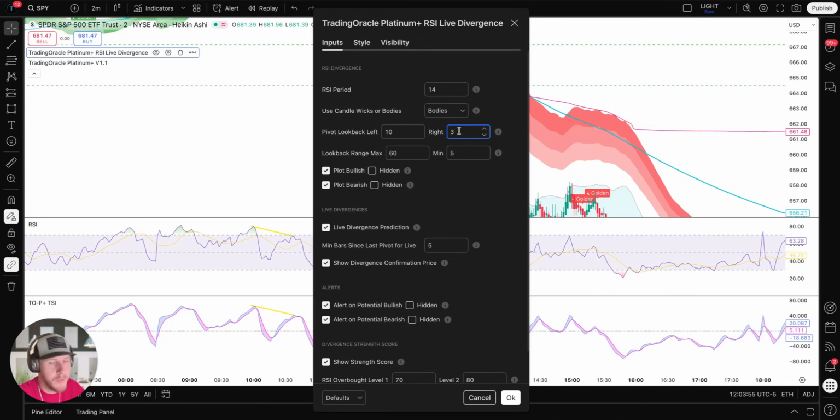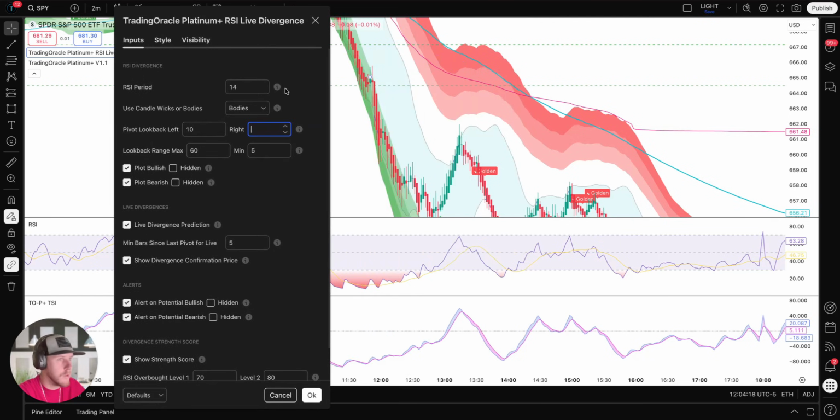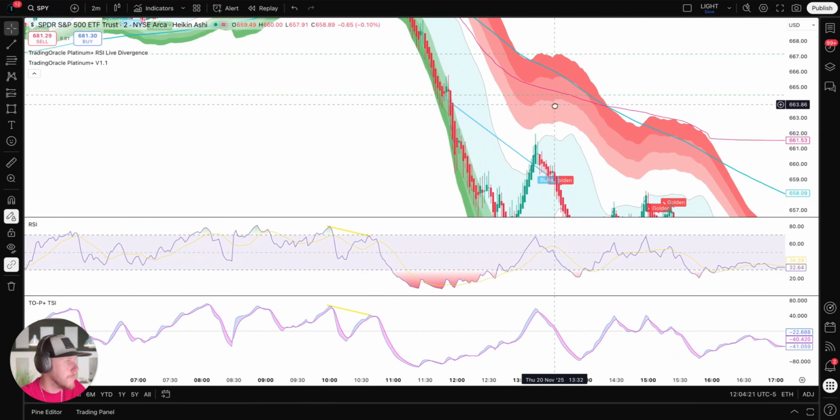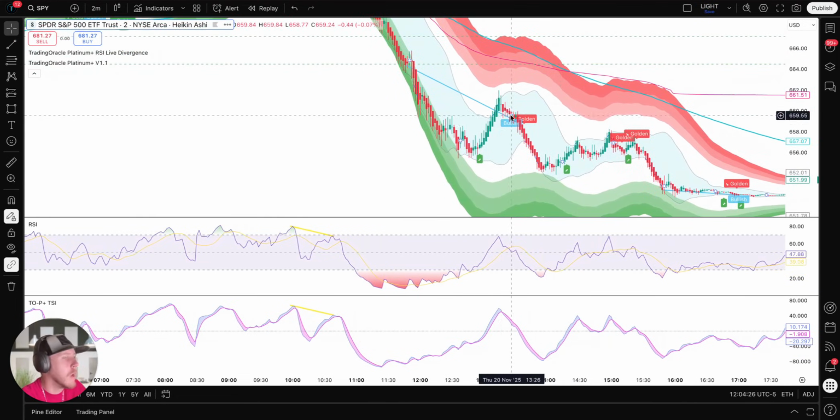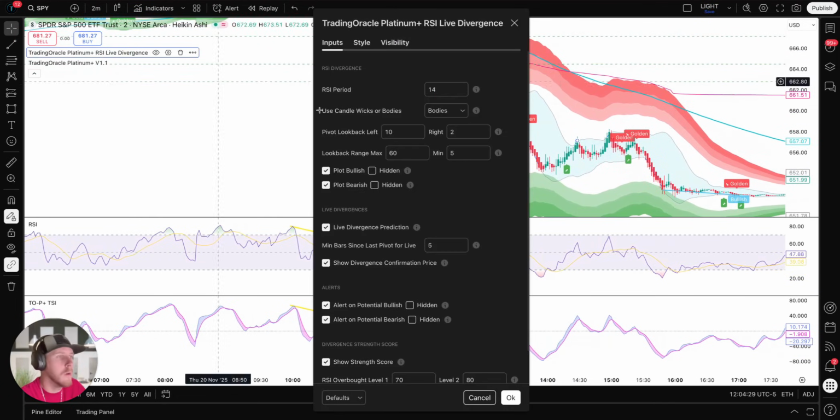The higher that you put that number is the longer amount of time that divergence is actually going to take to print on the chart. So if you put 10, it's going to take 10 candles for a divergence to come on that chart, and 9 times out of 10, it's going to be a little bit too late at that point for a really good entry. So I usually keep it around 3, and sometimes I'll put it at 2, and what we'll do is we'll look at the difference here. If you put it at 2,